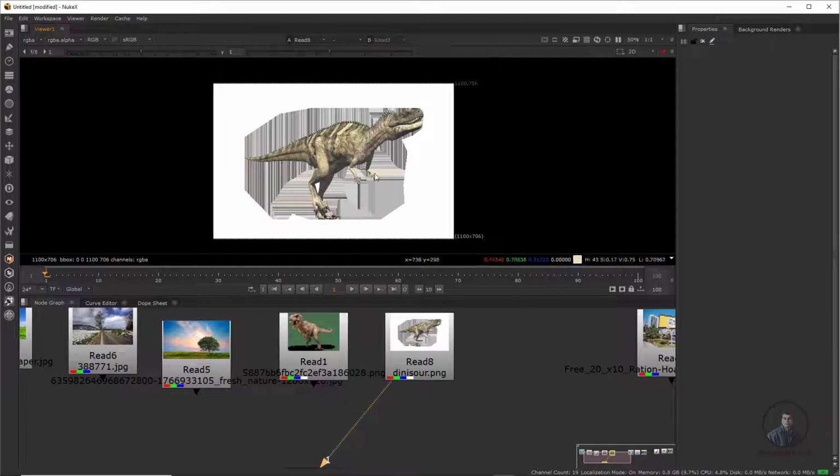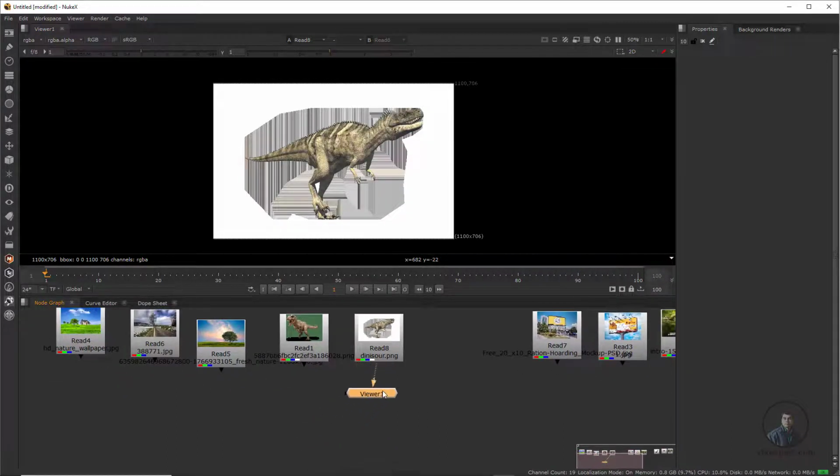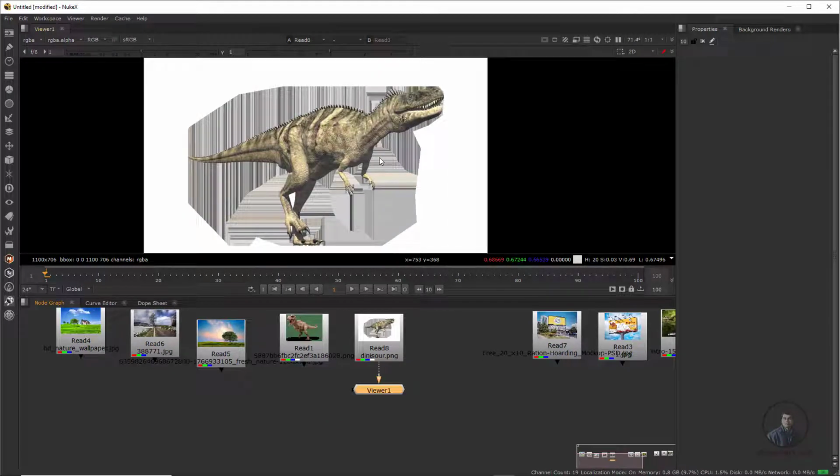Now again, how can we extract only our content if there is an alpha channel present? Generally there are 2 methods in Nuke. First, most people use the Premult node. This will multiply the alpha channel with your RGB and it will give you only this object.